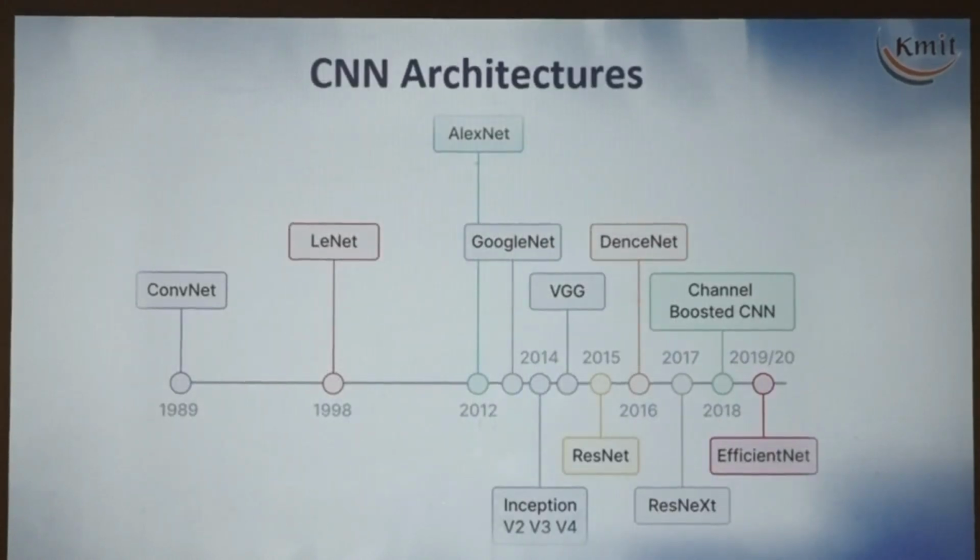So the standard architectures are also designed. See here, like ConvNet, LeNet. LeNet has some number of layers, 5 layers, let us say for example. First layer should have, and input should have 28 by 28 size, meaning 28 pixels by 28 pixels. And next level, first layer should have, let us say for example, 16 nodes. Second layer should have 32 nodes. Third layer should have 64 nodes. In between I want to add the pooling layer and all these. This is the standard structure.